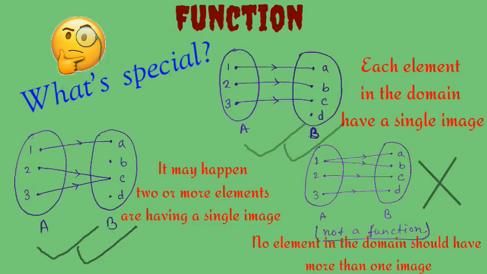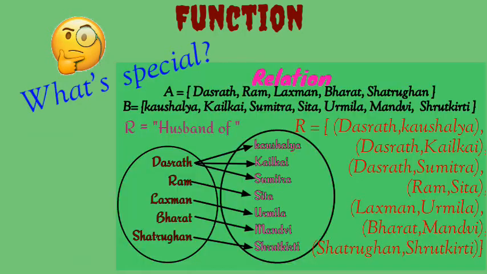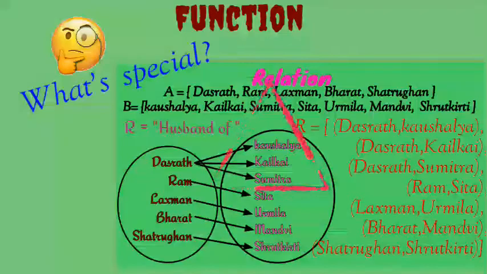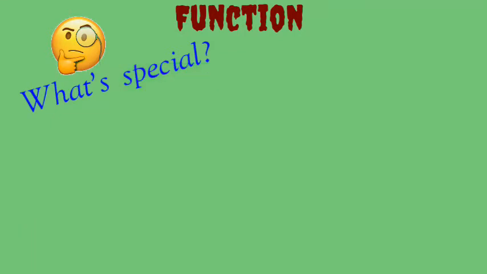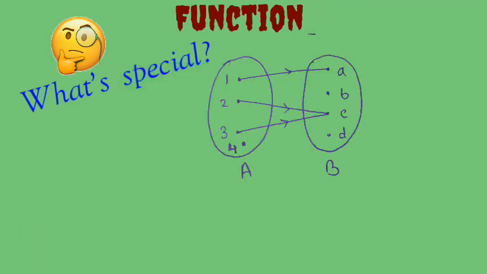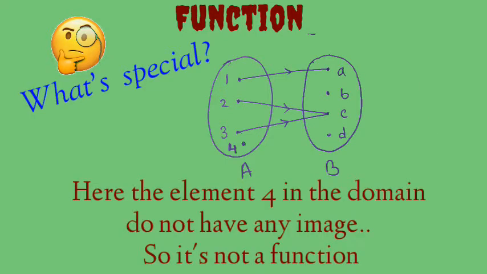Like in our last video, we gave one example of a relation, that is husband. There we have seen Dashrath was related to, or I must say mapped to, three different elements or names in the codomain, that is Kaikeyi, Kaushalya and Sumitra, which is not allowed in a function. And one more speciality it requires, that is all the elements in the domain should have at least one image